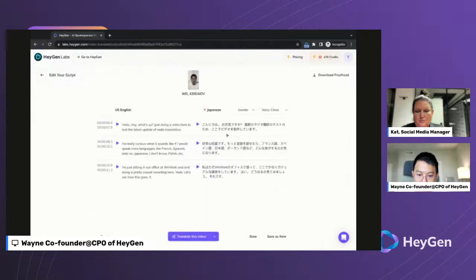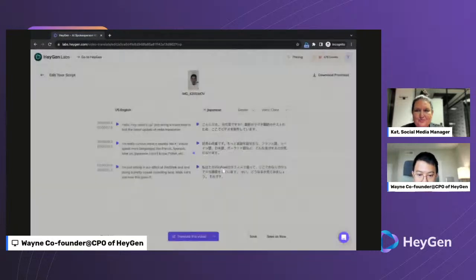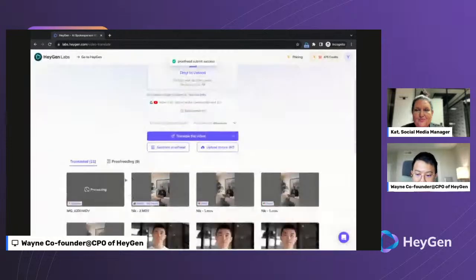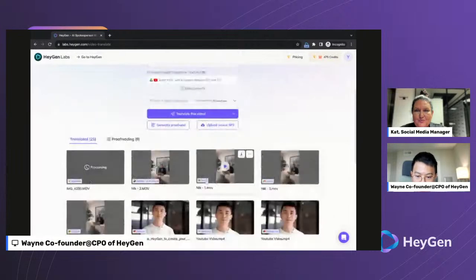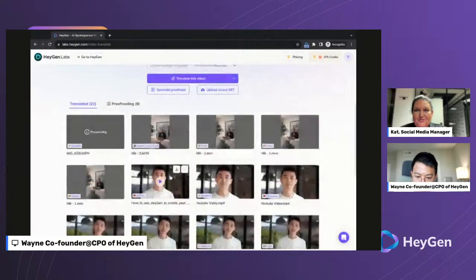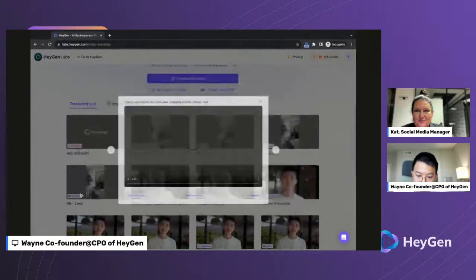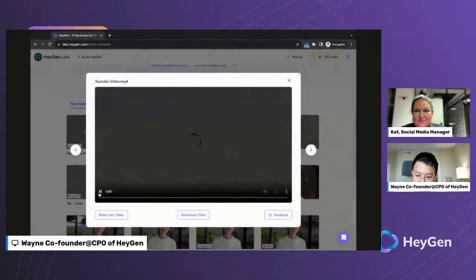So okay, my proofreading is ready. I have no idea what those Japanese words are. If I had a localization team, they might be able to notice things and make it just one extra mile better, right? But we'll be able to just submit from here, and it'll be processing. And I think we played some of this for people last time. Okay, for example, Josh speaking Japanese.